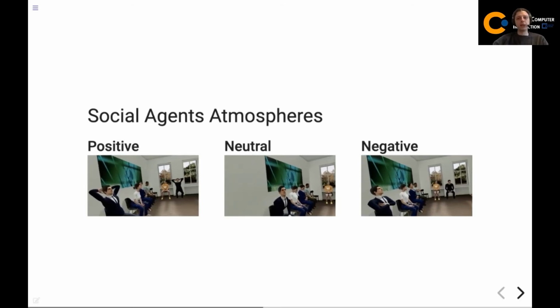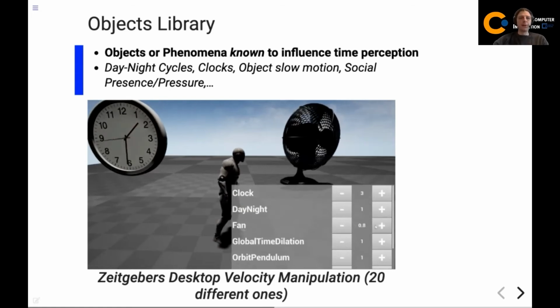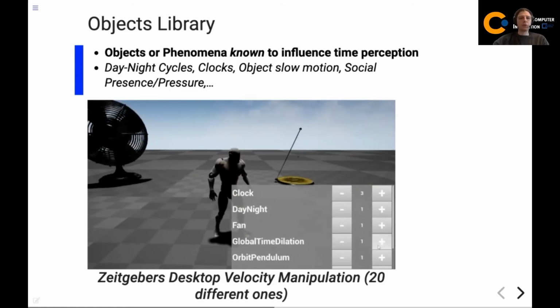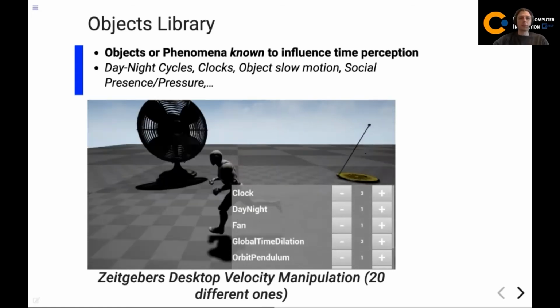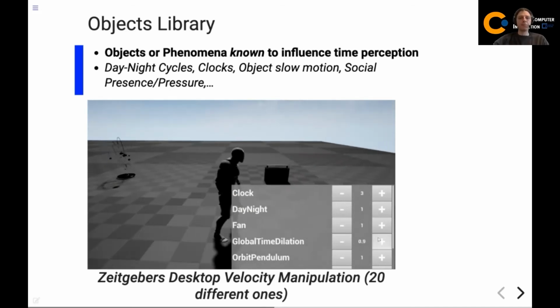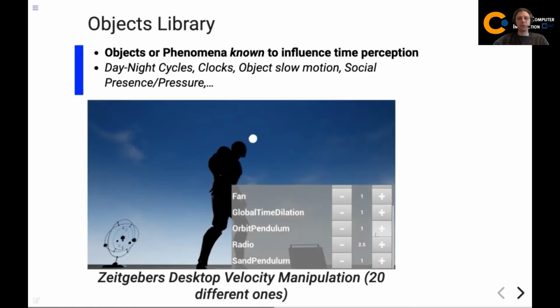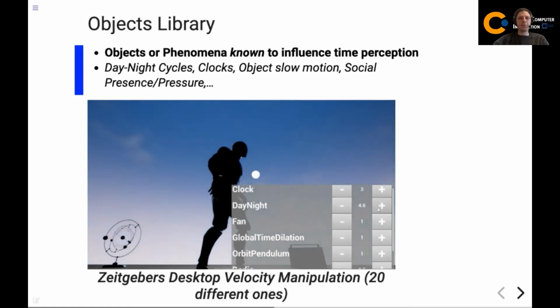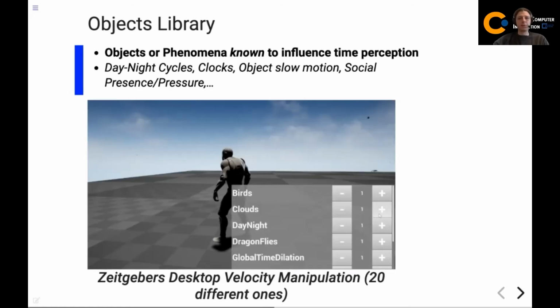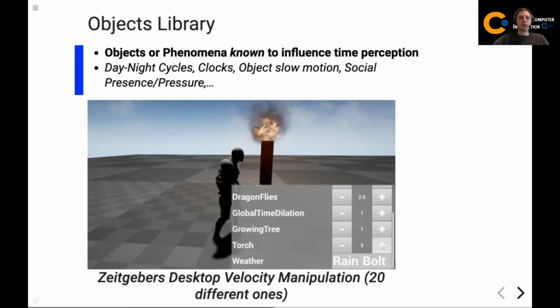So to quickly summarize our libraries for you, in this video we just show you how many different objects we have already and that they're all manipulable in their velocity in this example. So especially the sunrise, the birds in the sky, a particle effect like the torch, the clock and the phone you see already.